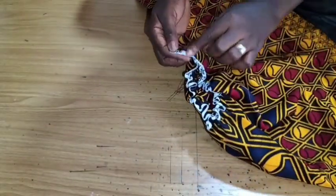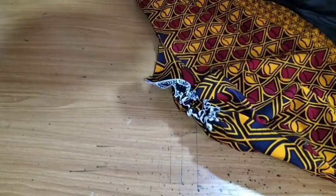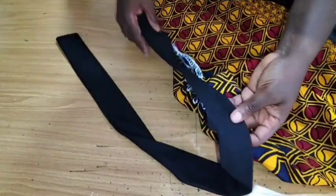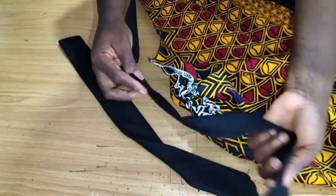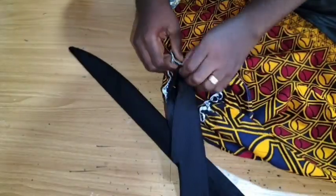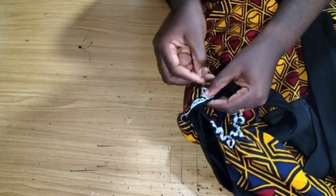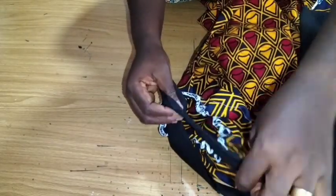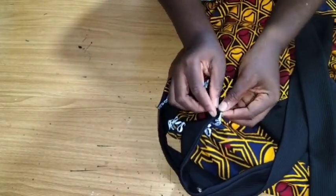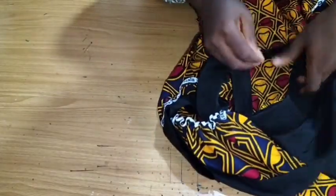Then it's time for us to stitch the belt or the band to the sleeve. I'll pick up that band, the open part. I'm going to put it together like this. So I'm going to place the midpoint on the armhole part, that is the part that has the seam allowance. Secure with your pin, while the other end will come to the sleeve grain line, the part that I did